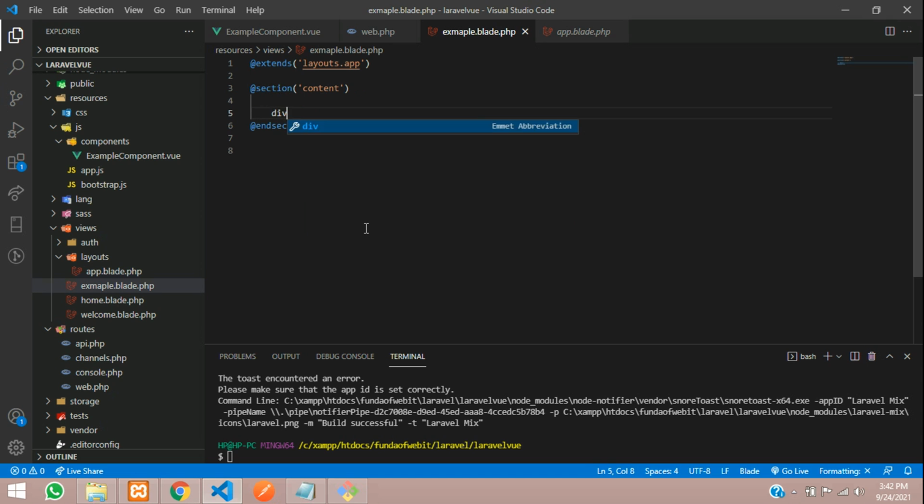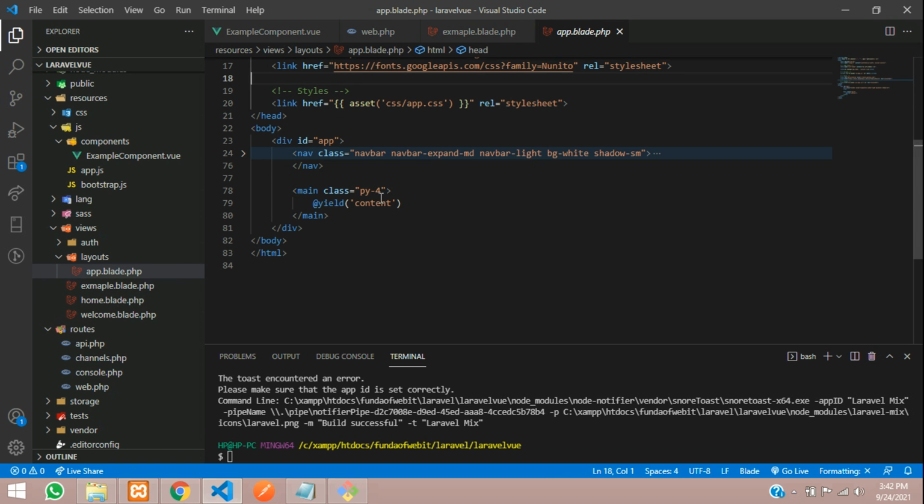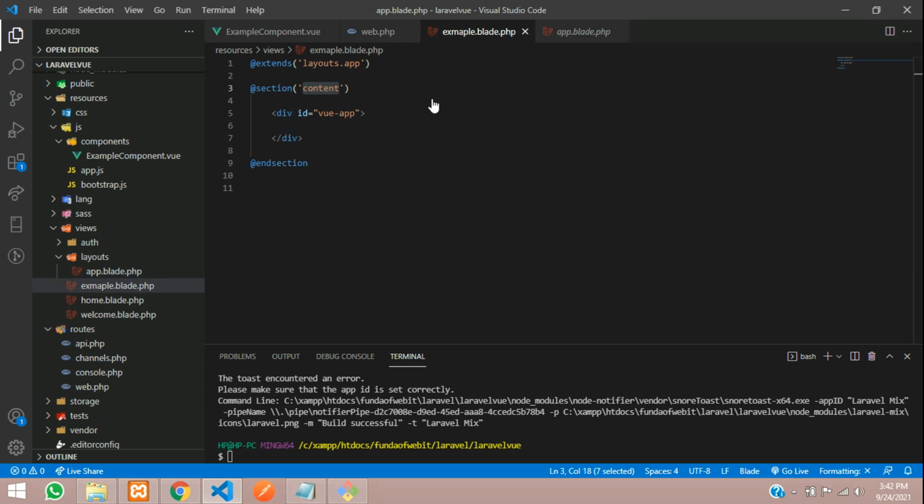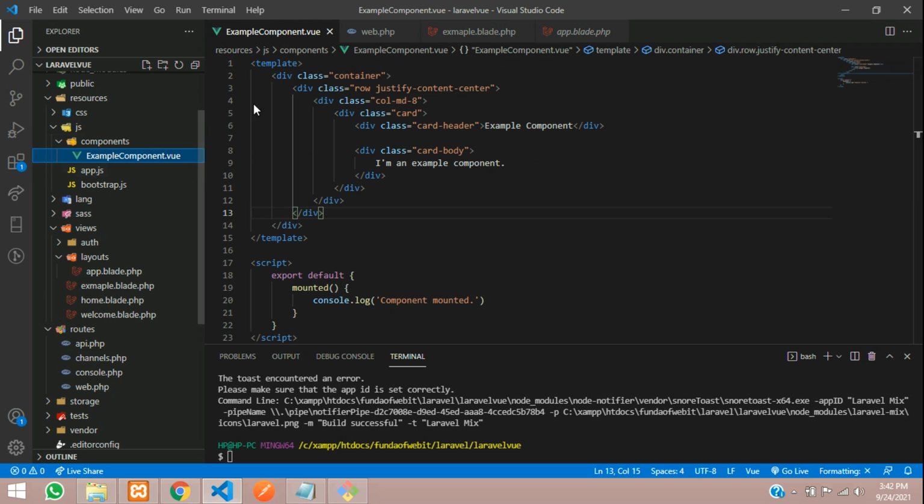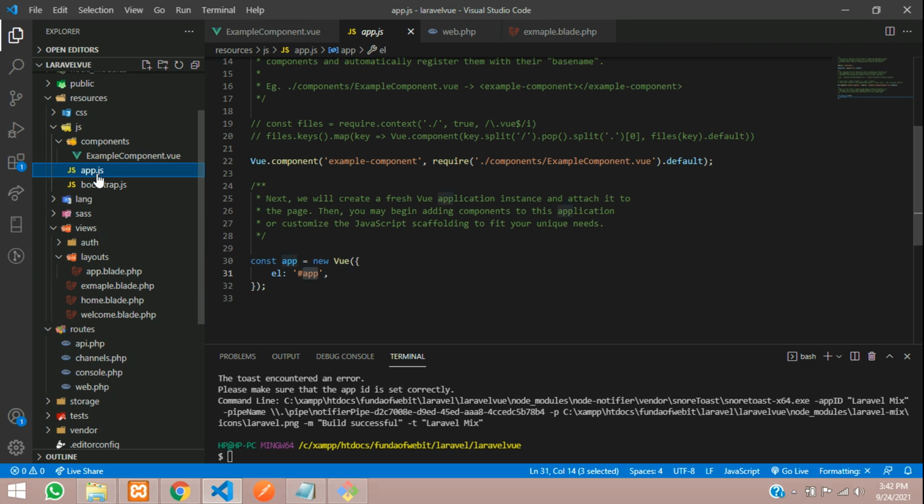Inside this we will create a div tag with an id equal to view-app. Done. Now this content is coming from your extended layout, and inside this you are going to show the output. So with this id, how are you going to call it? You just need to go back to your component, and this example component is called in our app.js file.